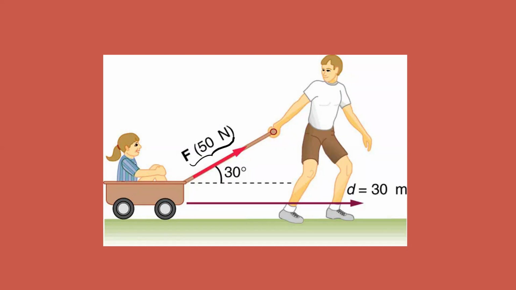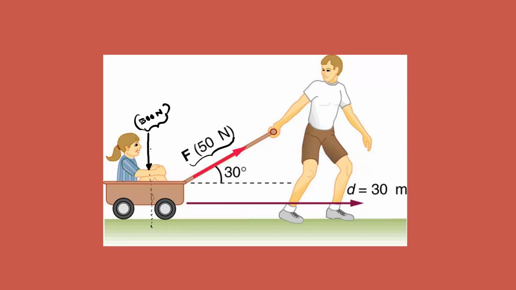This trolley will have some weight. Let us take this weight directly in Newton. If it is 50 kg, that will correspond to 500 Newton. This 500 Newton will act exactly in the y direction. In order to move this, he applies a force of 50 Newton at an angle of 30 degrees.